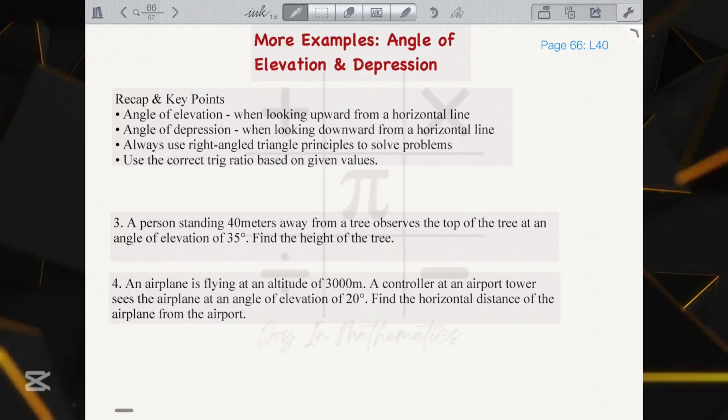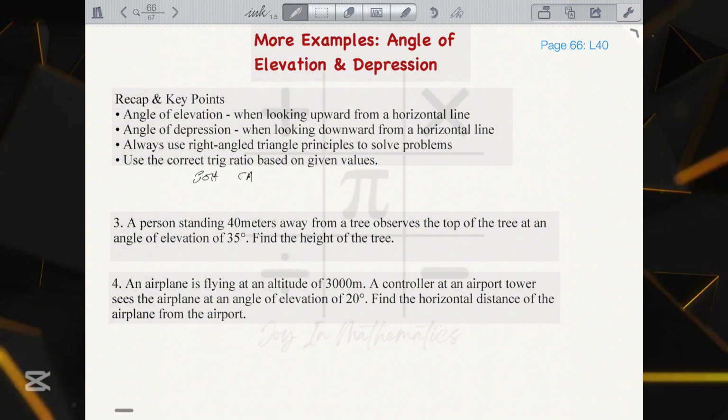And now let's take more examples on angle of elevation and depression. The first thing we need to know is, let's take a quick recap. The angle of elevation is the angle when looking upwards from a horizontal line. The angle of depression occurs when we are looking downwards from a horizontal line. And remember, we always use the right angle triangle principle to solve the problems, as well as the correct trig ratio, based on the given values. So the trig ratios in this case is simply considering